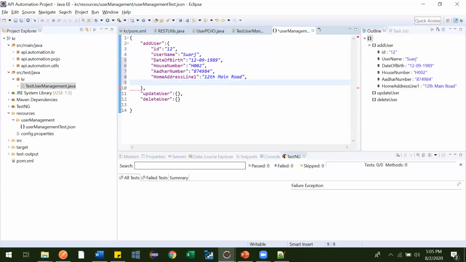Then address line 2, let me copy this one. Home address line 2, and here we can give some values like Mahatma Gandhi Nagar.